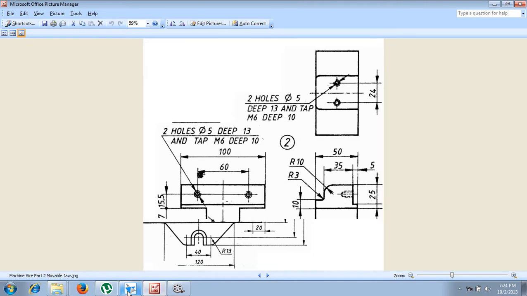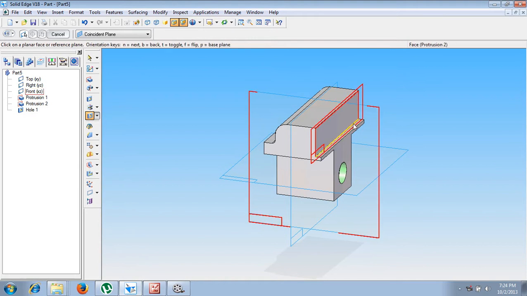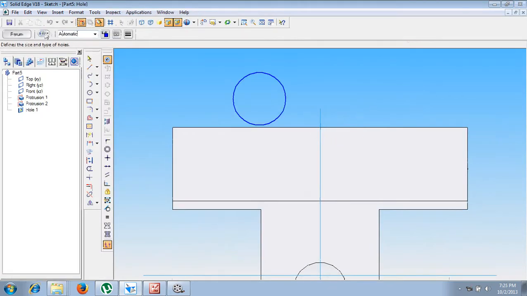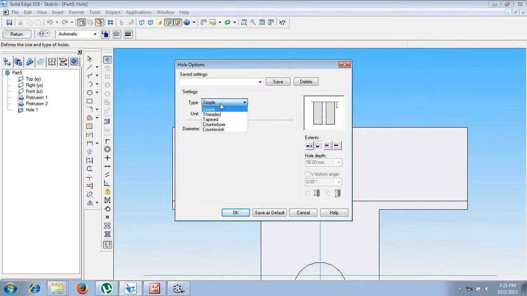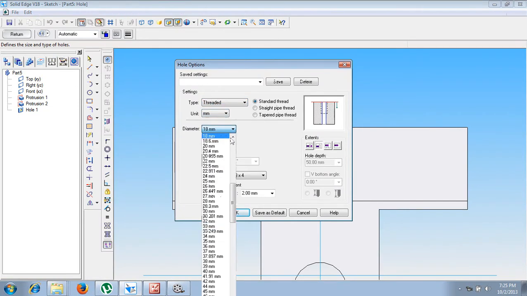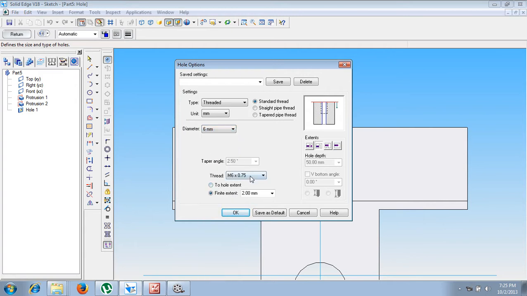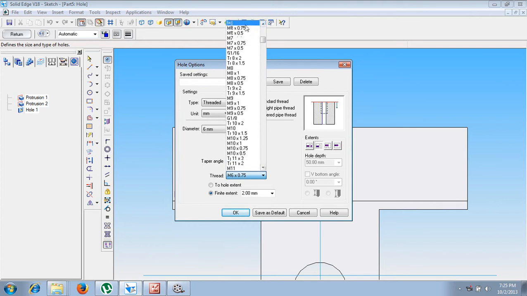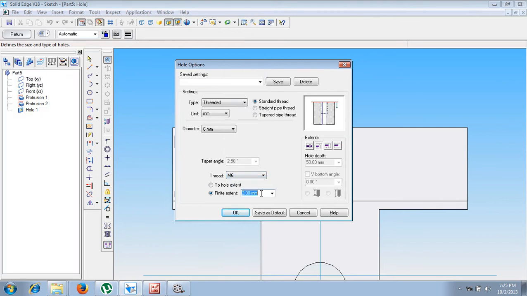Now let me go for the solid part. Let me go for the hole. Let us select this face. Now let me go for a hole option. Next, instead of simple hole, let me go for threaded hole. Now what is the diameter of that hole? It is taken as 6 millimeter. Now we wanted only M6, so let us select the standard of M6. I wanted the hole thread depth to be only 10 mm, but the hole depth is supposed to be 13 mm, and excluding V bottom, and V bottom angle, since I have given 90 degree there, let me select 90 degree